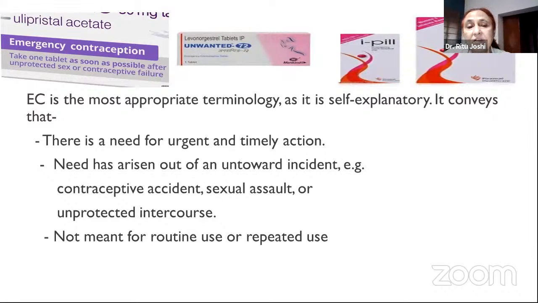The need has arisen out of an untoward incident, for example a contraceptive accident, a sexual assault or unprotected intercourse. I remember as a family welfare committee chairperson, when this emergency contraception had come on the scene, we always used to tell the police that when you have a rape case, at least have this emergency contraception there, so that you can give it to her immediately to prevent an unintended or unwanted pregnancy. Remember very closely that it is not meant for routine use or repeated use. So basically, you always need a backup method after using the